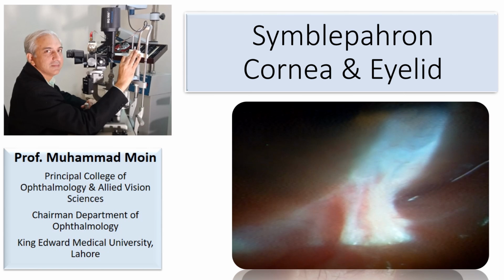Channel, and today we're going to show you a very interesting case which had a symblepharon between the cornea and eyelid. Here you can see this is the adhesion between the cornea and the eyelid, and this is called a symblepharon, and usually it forms between two surfaces of the conjunctiva,